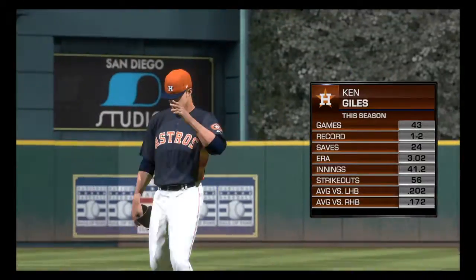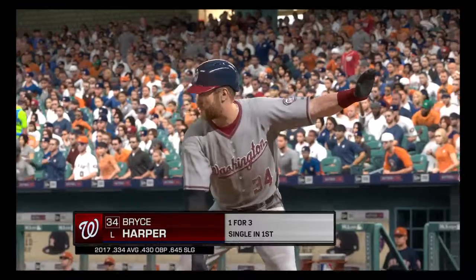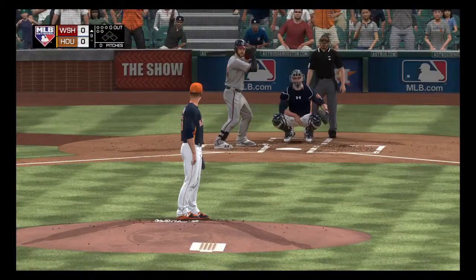Ken Giles comes on to work now, and he's their usual closer, but this is obviously not a save opportunity. Yeah, this is all about just getting him some